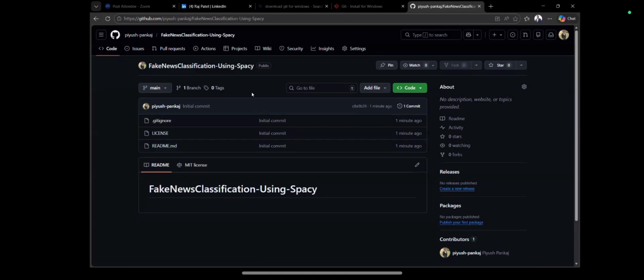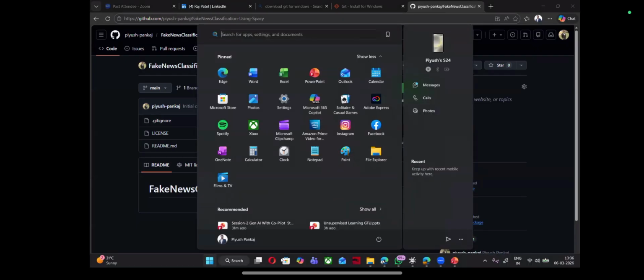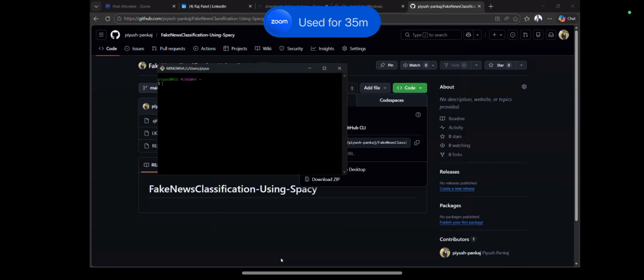When I am saying repository, it's nothing but folder. So whatever changes I make, I will be pushing the changes, and those changes will get reflected over here. We'll see all those things. First of all, we need to take the link from here. Now, from where will we be doing all these things? For that we will be using Git Bash. Okay, we will be using Git Bash.